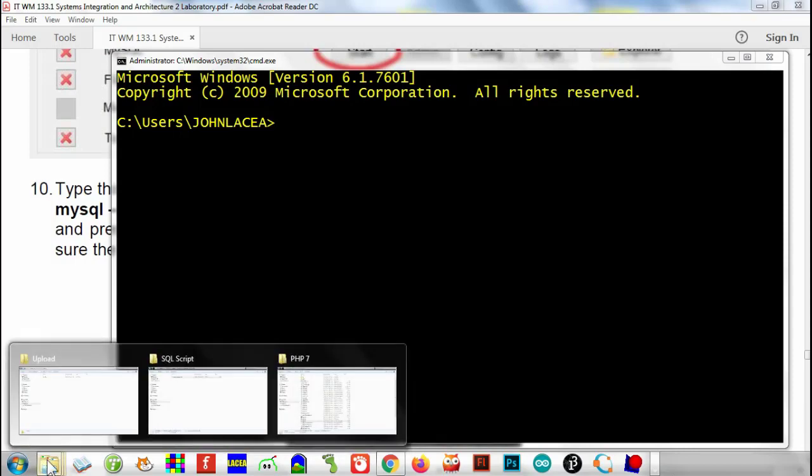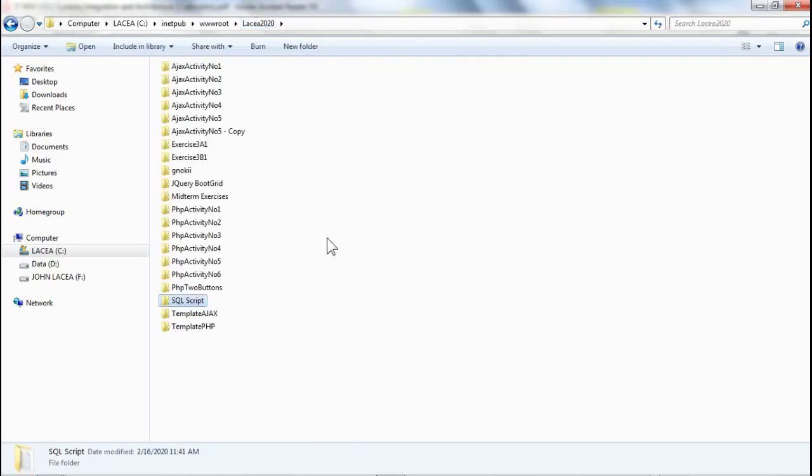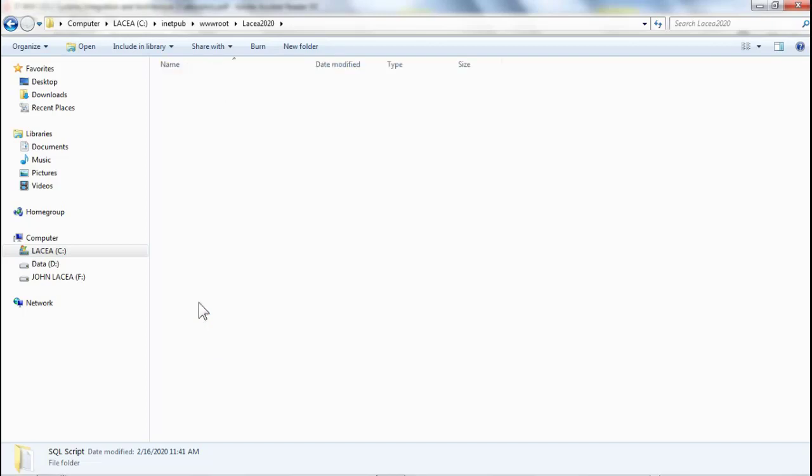First, I need to locate where I stored the SQL script. And here in this case, I already found the location. It is located on drive C, folder inetpub, subfolder wwwroot, subfolder Lasea 2020, and then we can find now the folder SQL script. If we browse inside, we can see the SQL script text file,